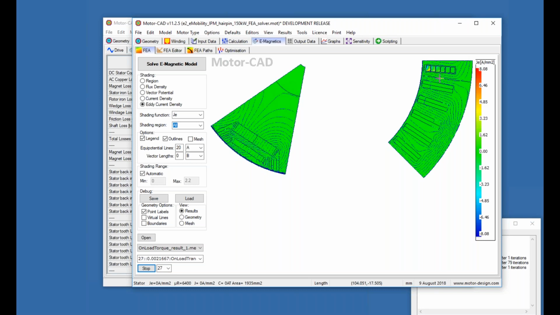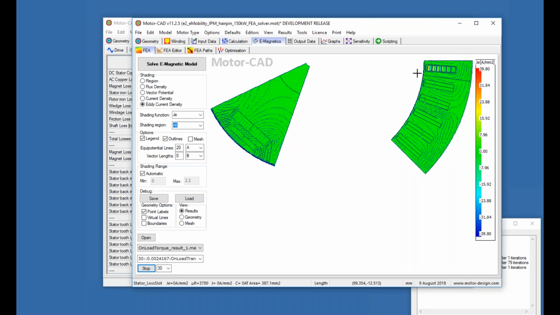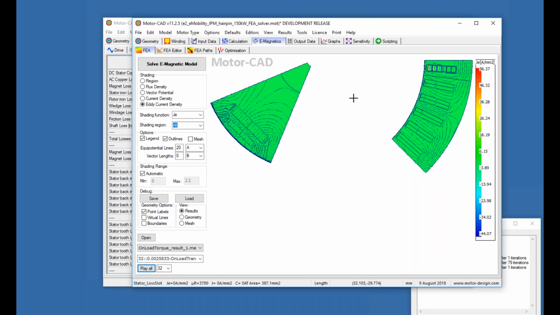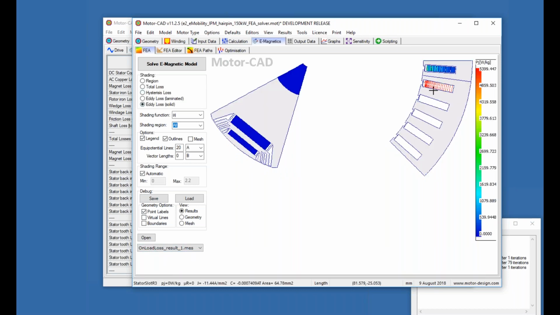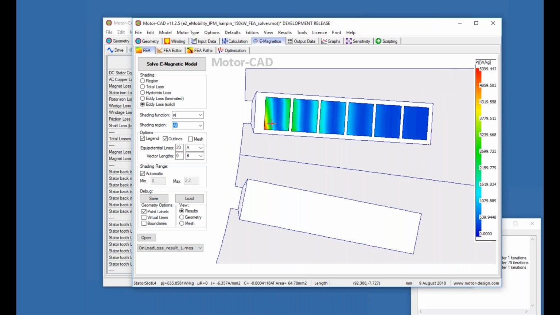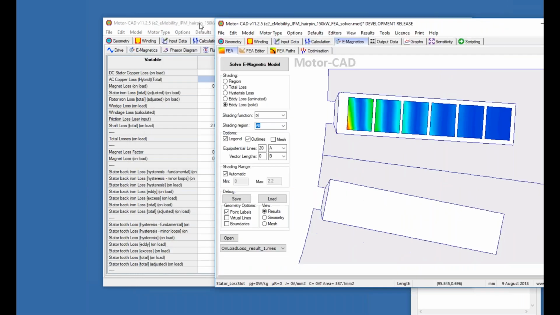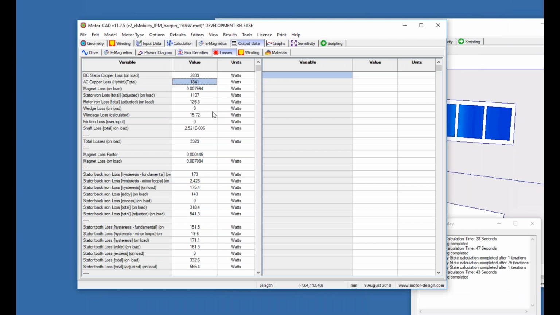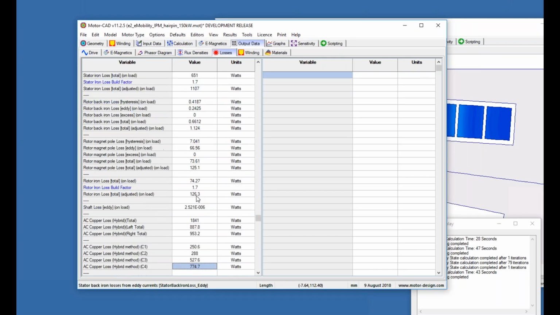So it's calculating the current density distribution in each conductor across the rotor steps. And then if I go to this on-load loss, I will also be able to choose and zoom in here and look at the loss distribution in each of these hairpin winding conductors per conductor. If I go back to my hybrid model here, you can also see the AC losses